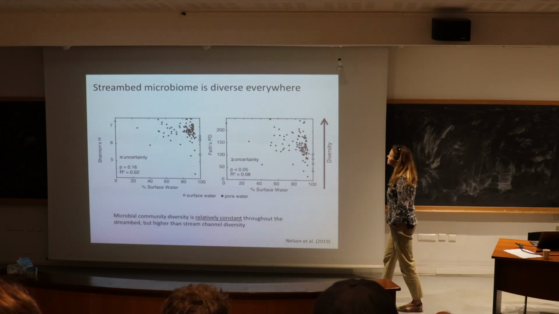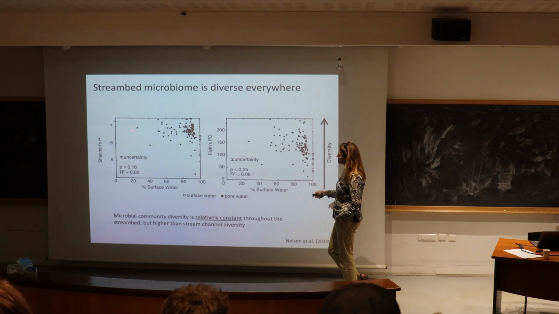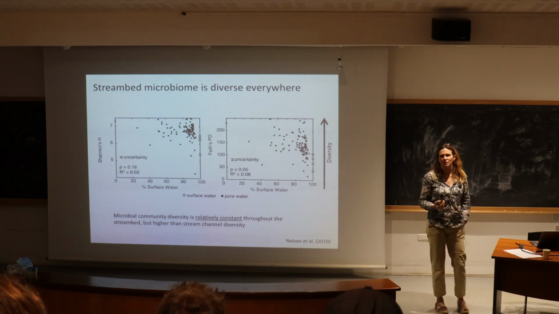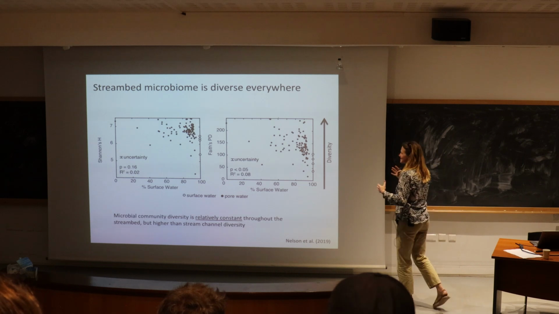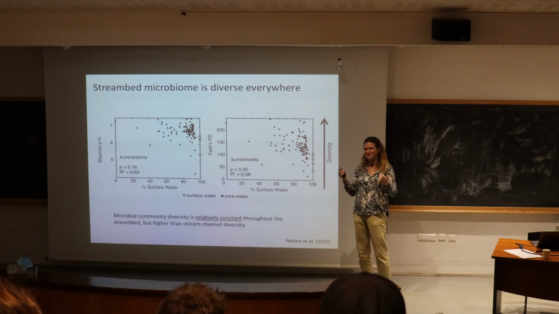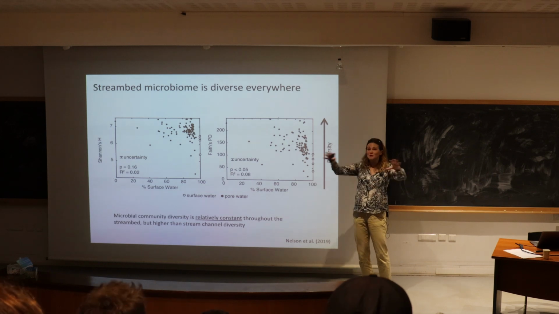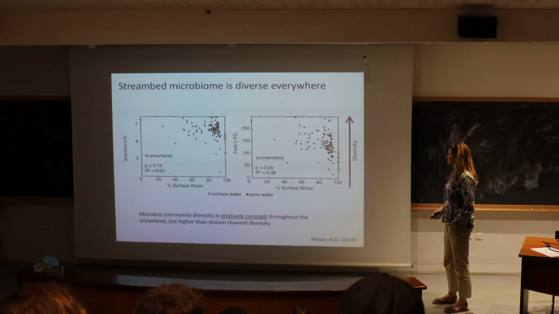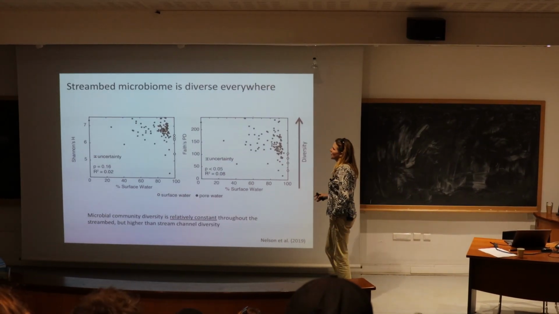And then we also looked at the streambed microbiome. This was interesting. This is Shannon's H versus percent surface water. What is Shannon's H? It's basically a measure of diversity. And for those of you who have thought about entropy before instead of ecology, it's like a measure of entropy of your stream bed, of your microbial assemblage. So the more species you have, the more diverse it is relative to the stream. We looked at how that assemblage changes.